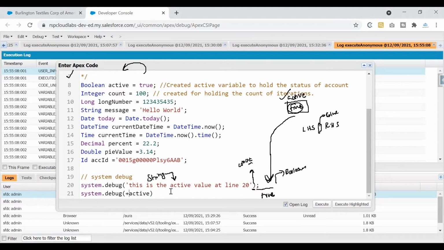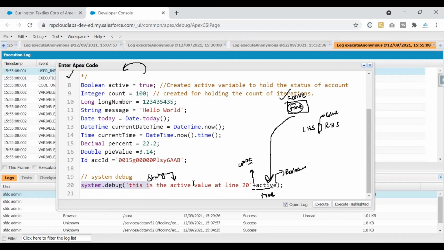Then there is no need of this plus operator or this concatenation operator that we're discussing. Now this becomes separate information and this becomes separate information. In order to make sure that I'm getting all the information in one place, I'm using this concatenation operator, gluing the left-hand side value with the right-hand side value, using this plus sign and this variable.